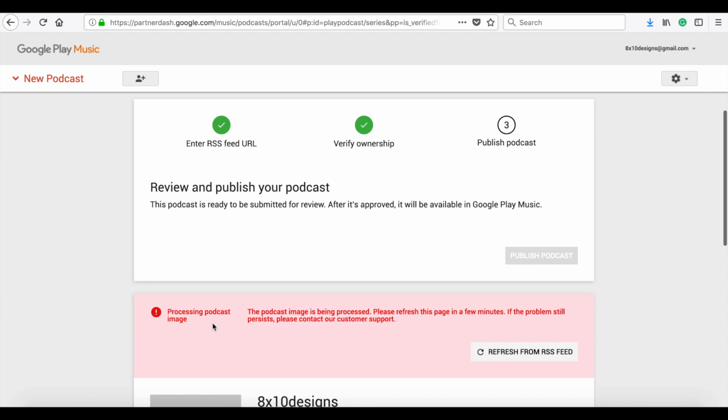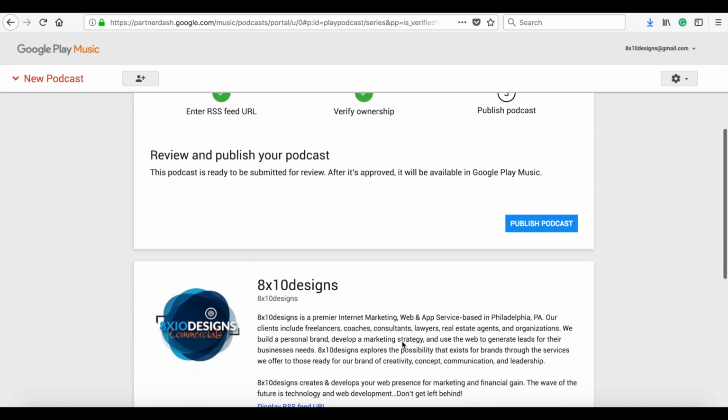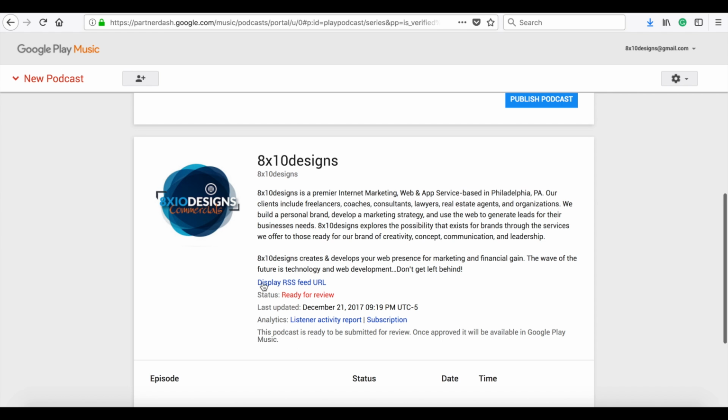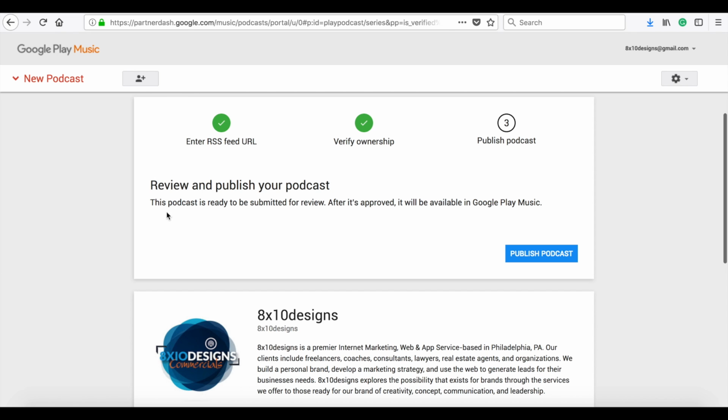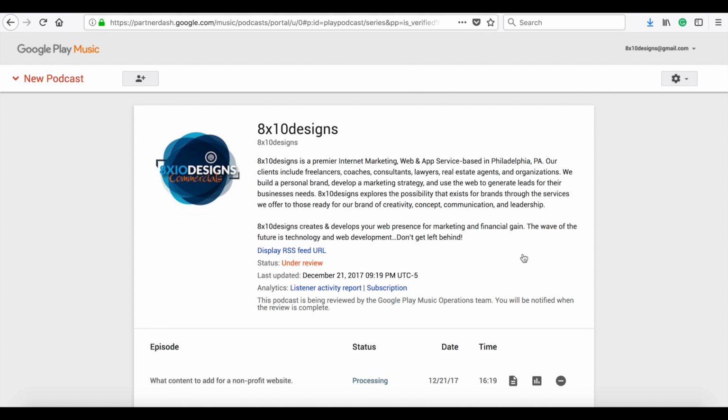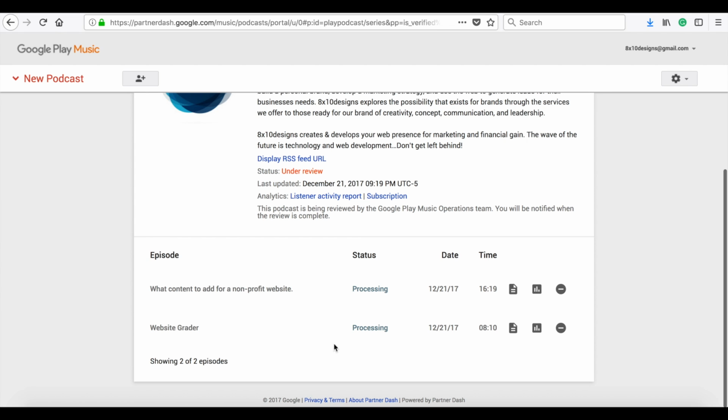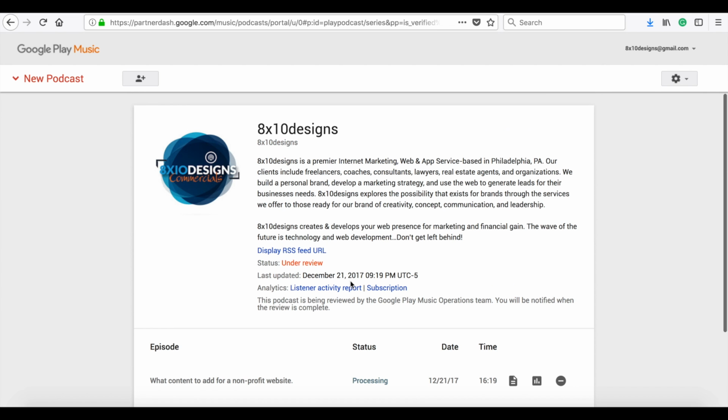It'll tell you processing podcast image. To process, please refresh in a few minutes. So it's basically trying to verify that you have an image. We've done that. All of the information is here. It's ready for review. This podcast is ready to submit. After it's approved, it will be available in Google Store. It is that easy. So you just publish the podcast, and now it's processing, listening to the material, going through everything,